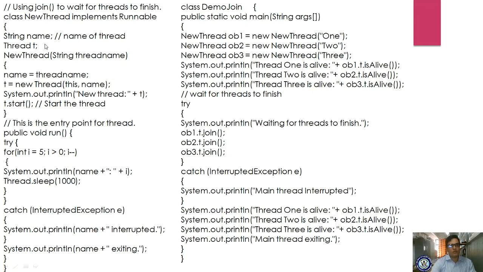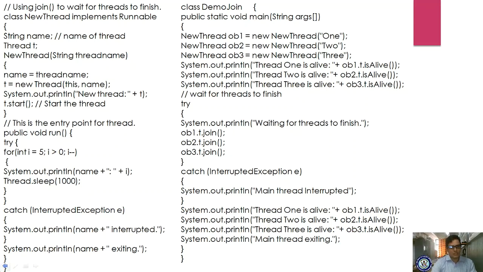Whatever variable you have defined, here you are passing the thread name and creating the thread object, and the object you are supplying this parameter to, you are displaying that thread and calling the start method. Whenever you call the start method, this run method will execute, and as we know, what is the name of the thread and what is the time and how long we are making it wait. Here the catch block, it is interrupted, right, and it is exiting.